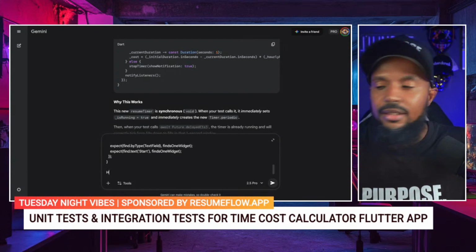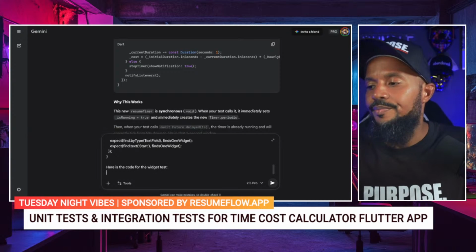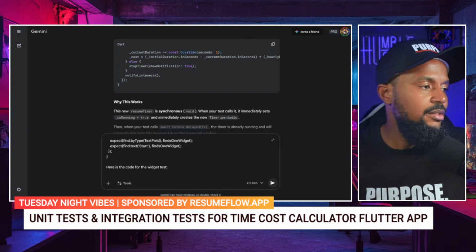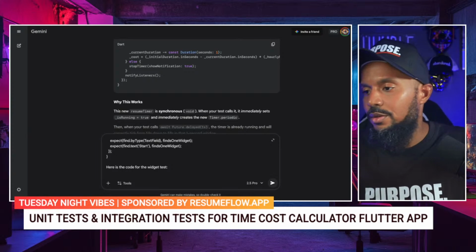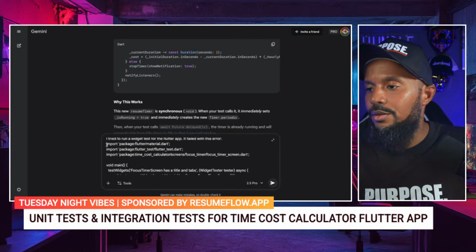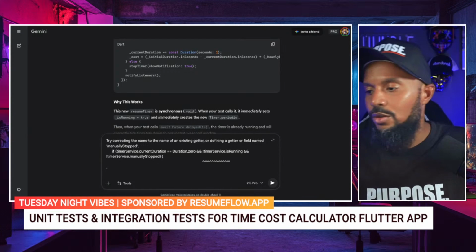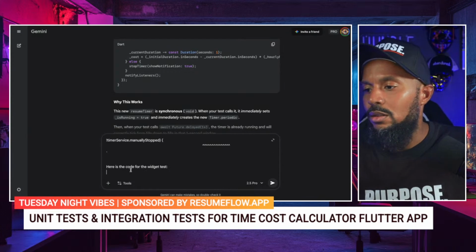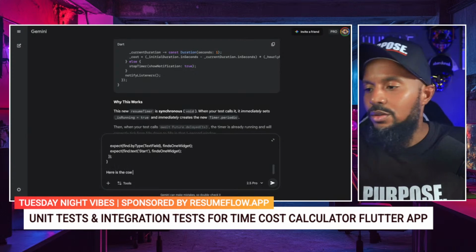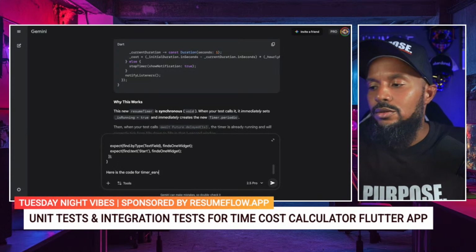And I'm going to say, here is the code for the widget test. Sorry, made a mistake. Let me paste that, and then I'm going to copy the code for the test. And I'm going to say, here is the code for the timer service